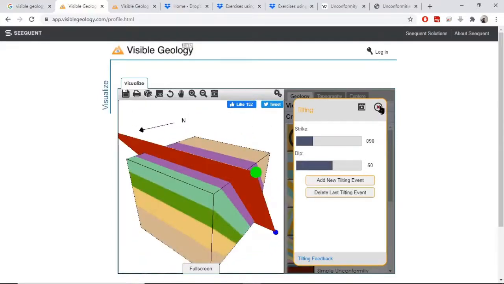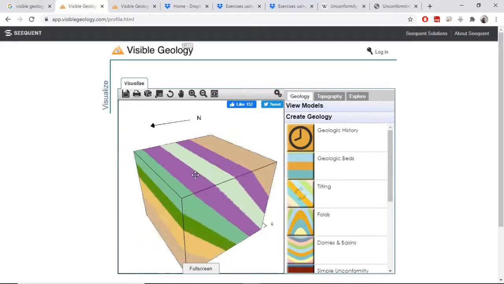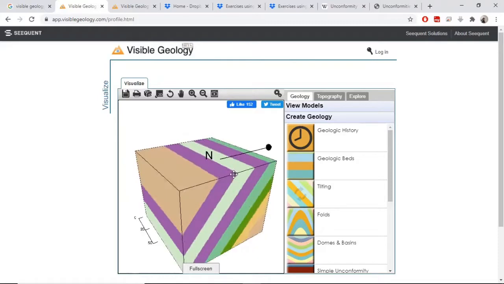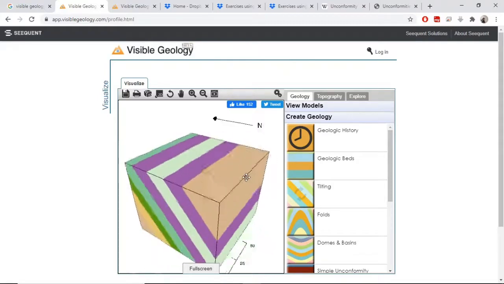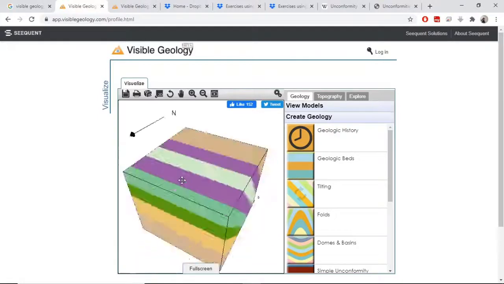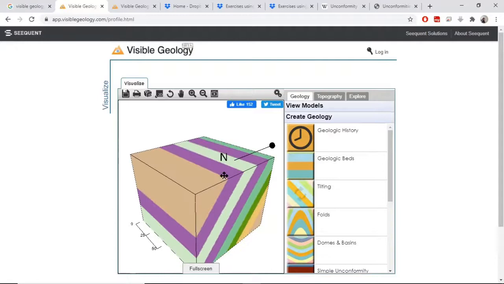So when you close this window, we can see the block diagram has changed and the beds are dipping such that the strike is 90 degrees and the dip is 50 degrees. If you remember from a previous video, this looks very similar to one of the block diagrams that we have talked about.